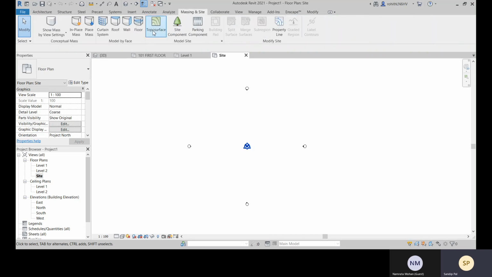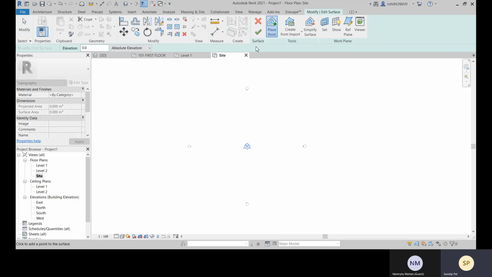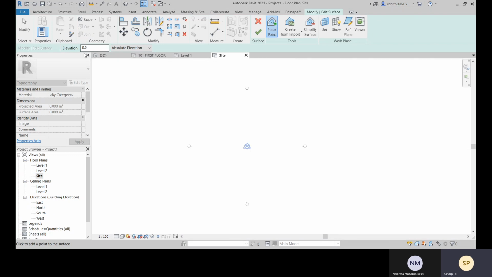So let's create a topographical map first. Here you can place points, and accordingly you can create your topographical map. For each and every point, you can give the elevation height. So let's see how we can create our topographical map with this place point option. Here, if you place with zero elevation, it will have no height, and it will match the ground level.